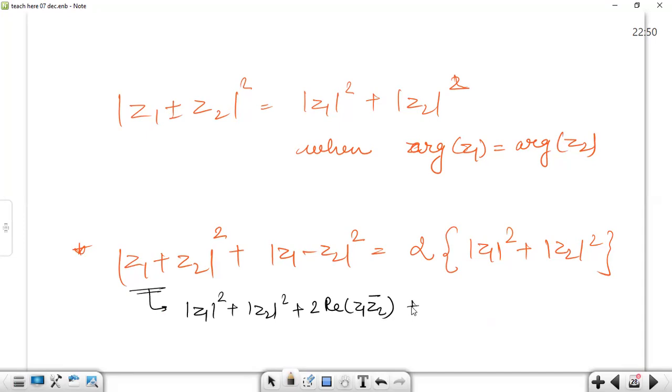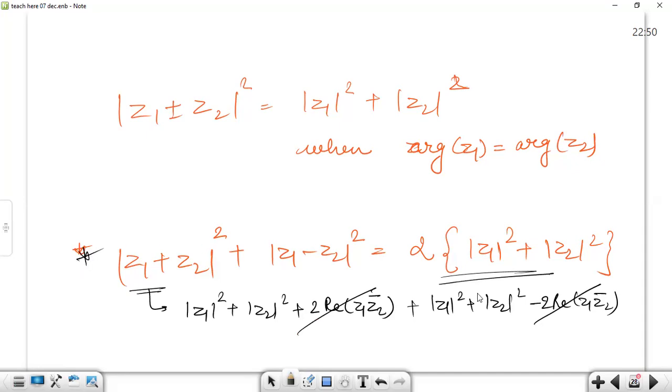What is the formula of this? Plus modulus of z1 square plus modulus of z2 square minus, this time, 2 into real part of z1 into z2's conjugate. This and this will get cancelled. What will be left is the right hand side. Clear? Any doubts, anyone? No, sir. Okay. So let's discuss an example and